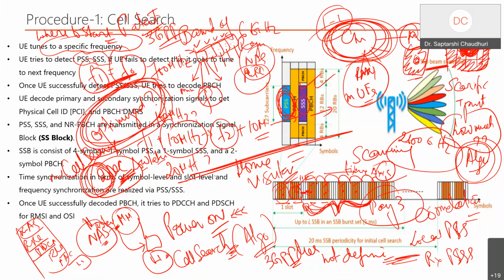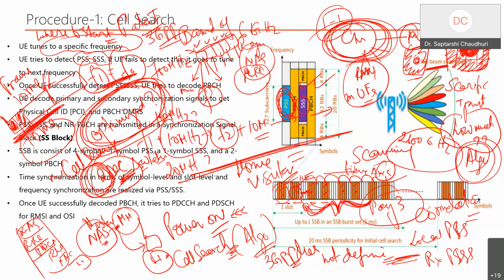The moment the mobile does the cell search, it knows where my 10 millisecond radio frame boundary is and where my slot boundary is. So these are the two things from the mobile's point of view. It is able to categorize the 10 millisecond boundary in time, because remember it is a time scale; the whole OFDM works in a time domain manner. So I have to make it aware that there is a radio frame of 10 millisecond duration that has a start and an end, and then a start and an end of the next.